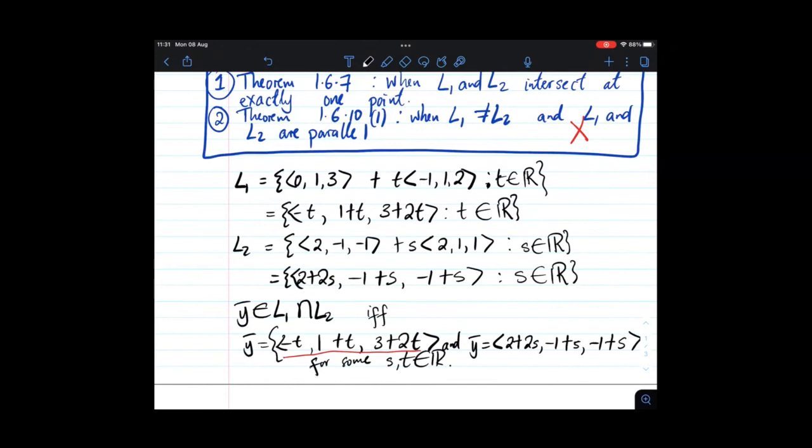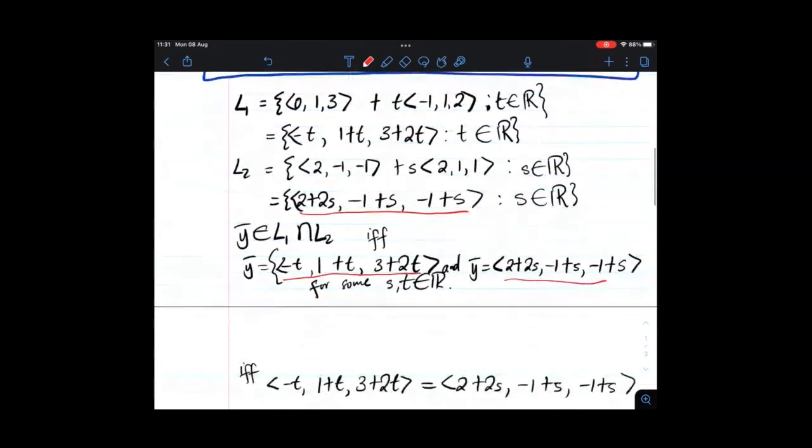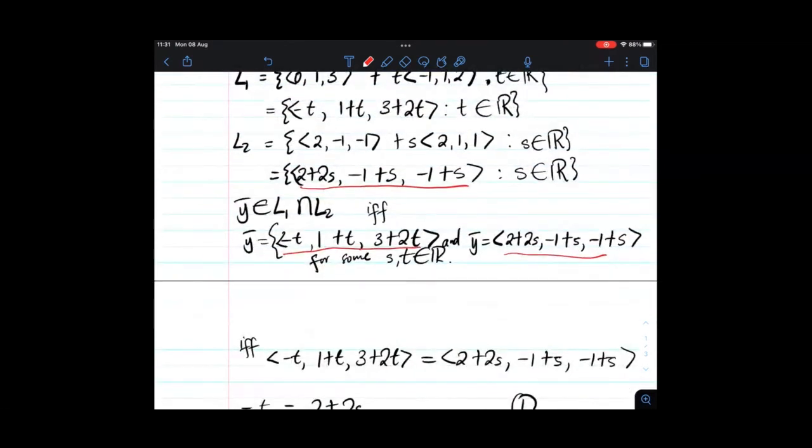And also for y to be in L2, it means it has to be something that looks like that. Well, a member of that for some s, right? It has to be something like that for some s. So we get that expression there, right? And since it's the same point that we are talking about, it means all these are equal, and so therefore